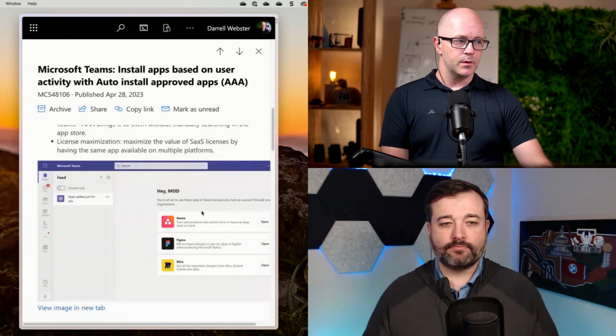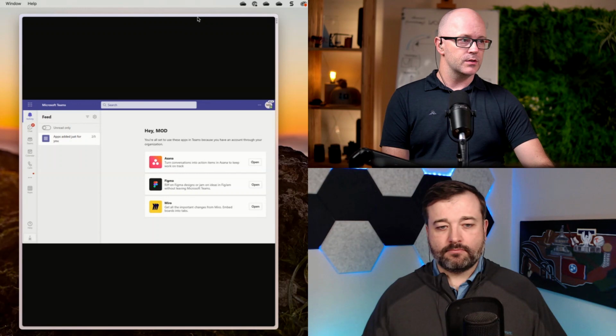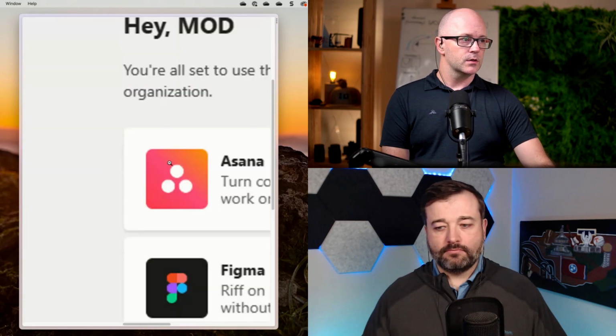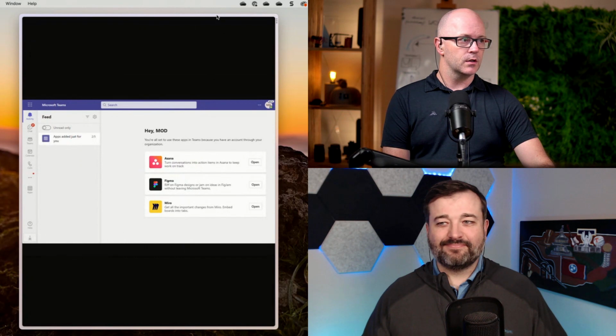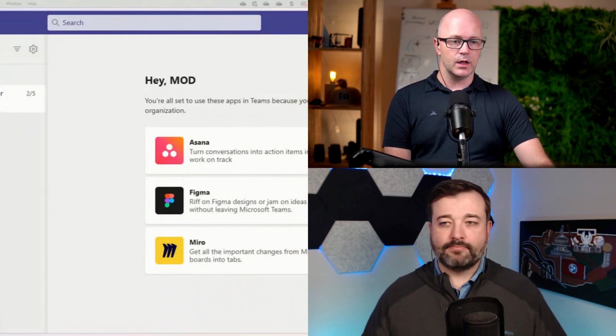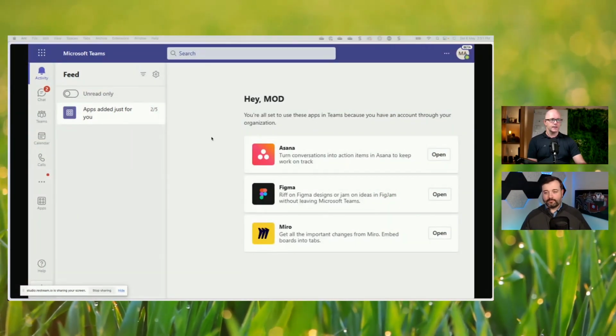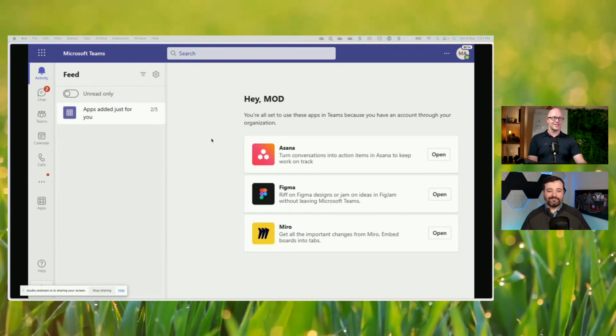We've got an example of what that looks like down here. Again, we'll just blow that up a bit, so you can see something of that. Ooh, that's a bit big. Let's just try that in a bigger screen. So good to see another good message with here's what it will look like. You've got an activity feed notification to say apps have been added for you, just for you. That's nice, just for you.